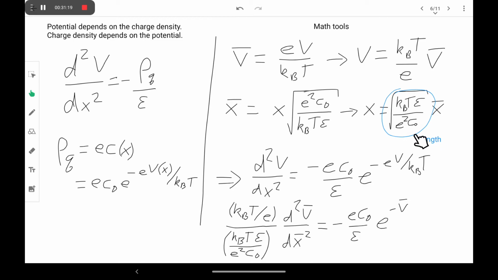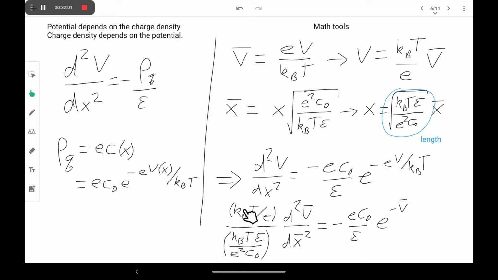Okay, but to get there, we now have these two substitutions. We're going to take V, replace it with this, take X, replace it with this, and plug them into here with this equation already up here for P, or for the density. So down here, this stuff equaling this stuff, we replace V and X as said with these things, and you'll see a lot of stuff cancels out, and we're left just with this. Okay, just with this out front. Or sorry, I take that back. We can see that all this stuff cancels, leaving the same thing as what's over here. Okay, we have